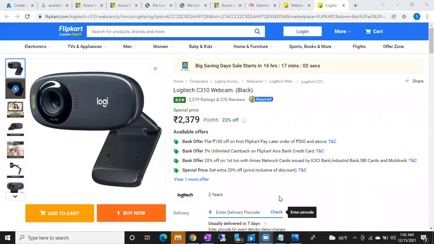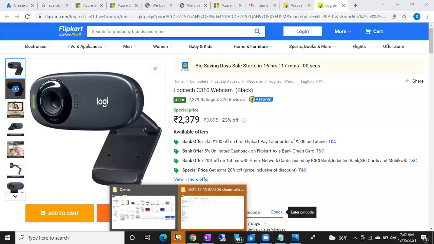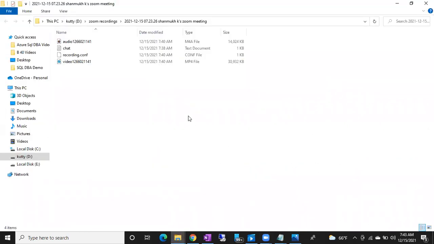Okay, so once the recording is completed, one folder will be opened like this, right? The recording is saved as audio only. No, I'll show you now. See, once the recording is completed, it will take some time to convert, just 2 to 3 minutes. Once the conversion is done, it will open a folder automatically with the files.